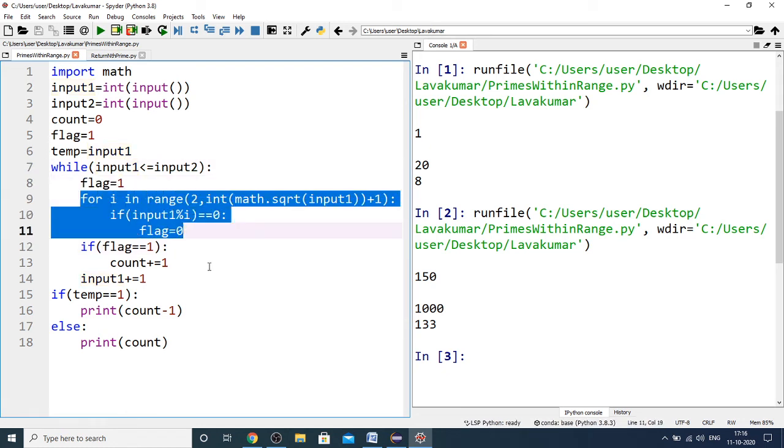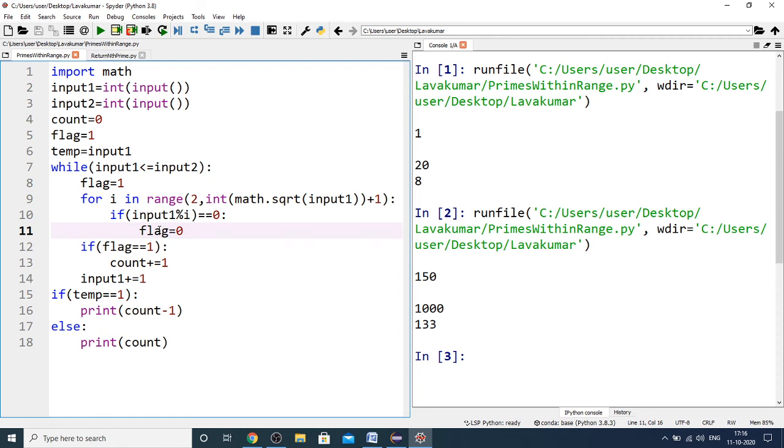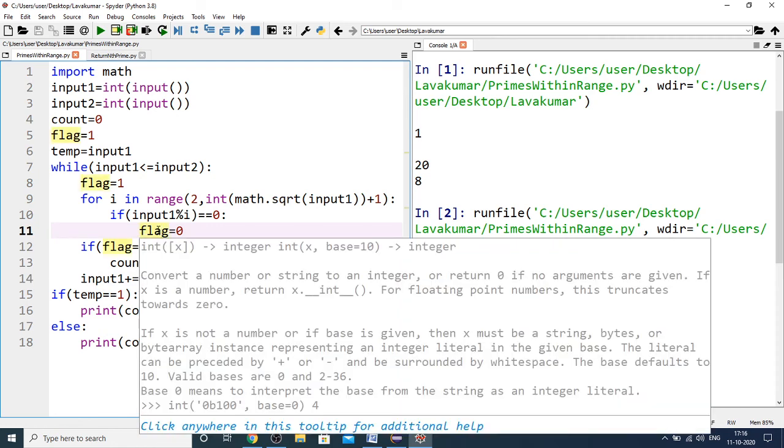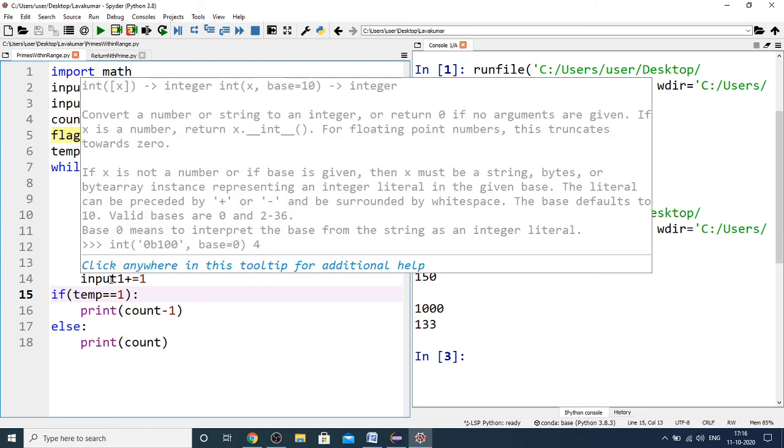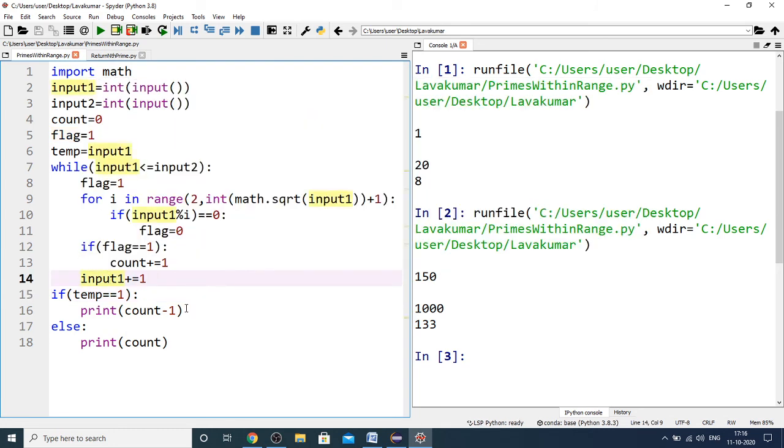Whenever the number for which I am checking if it's a prime or not has a divisor, I am making flag 0. So if flag is not 0, then I can say that particular number is a prime. Then I am incrementing my count, and whether the number is prime or not, I should keep on adding to my input 1. And once this while block is completed, I have the count of primes in my count variable.